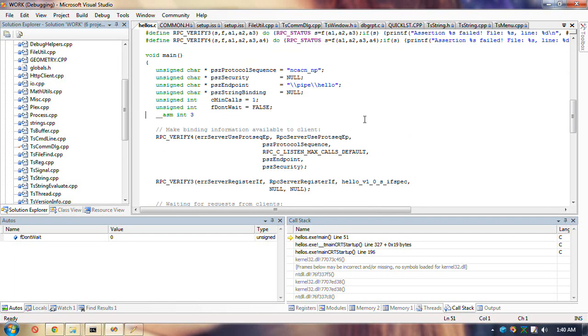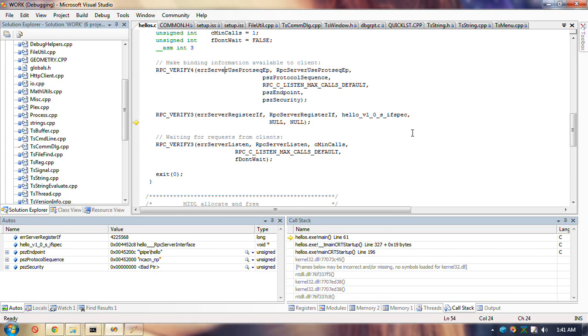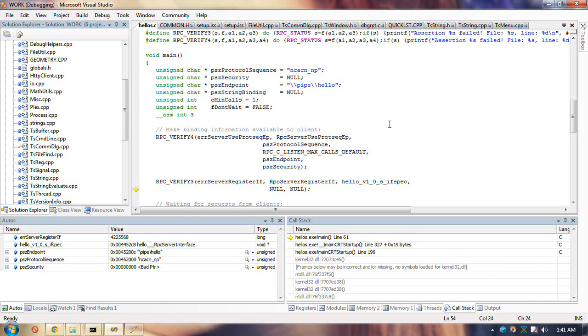So I can step through it, right? For instance, what does this PSEG security get set to? Didn't set to anything. Oh, sorry, this is something else. Register interface. Oh, this doesn't have that.